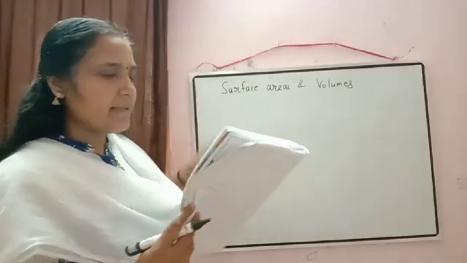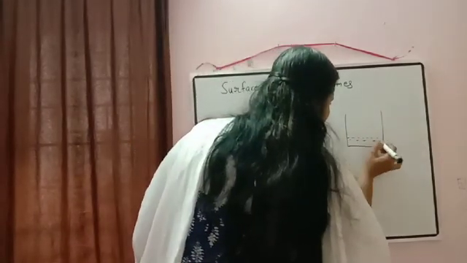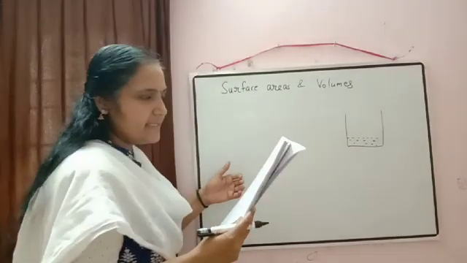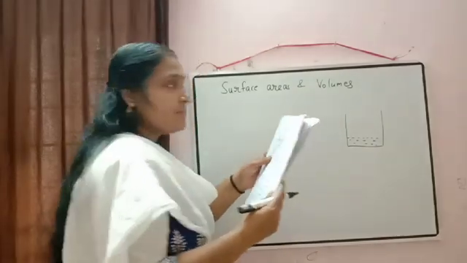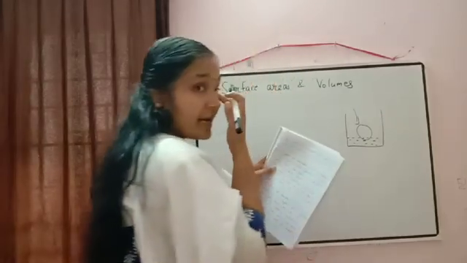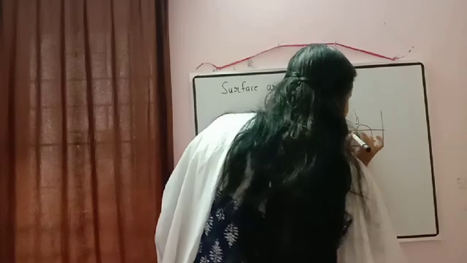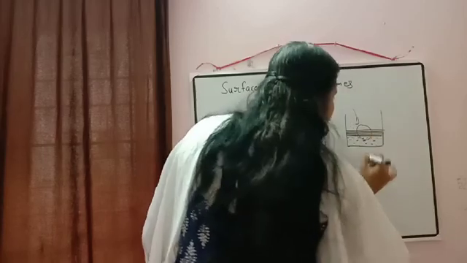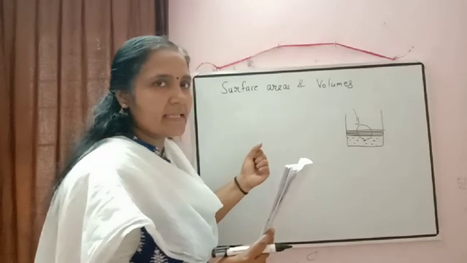So first understand the meaning of this one. A cylindrical vessel is there. In the cylindrical vessel some water is already there. So if you drop a sphere in this cylindrical vessel, obviously the water level will rise, correct? And suppose the water level rises from here to here. So this is the rise in the water level. We know the volume of this sphere, and that much water level will rise in the cylinder.